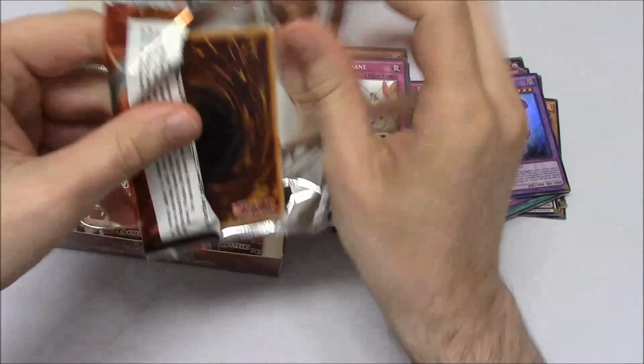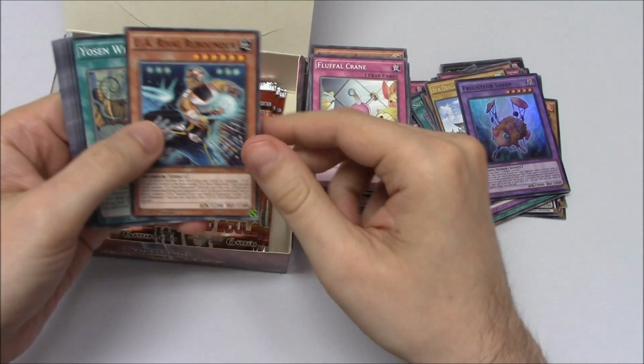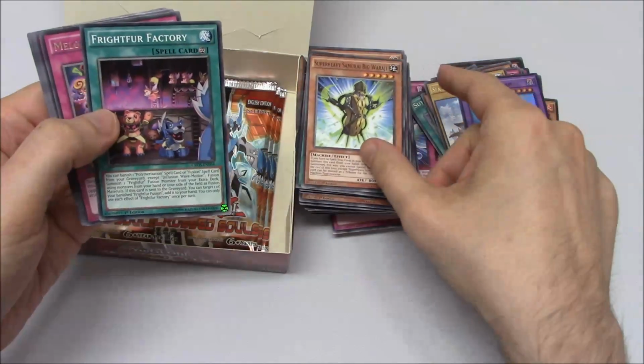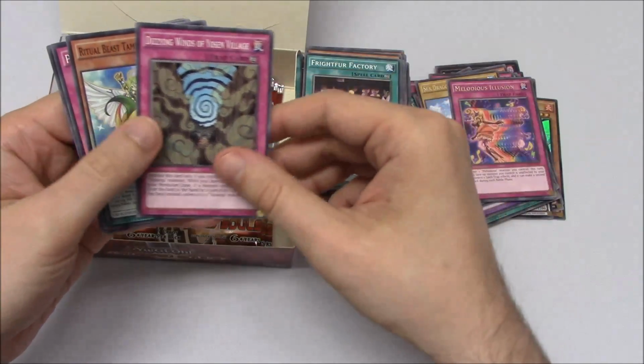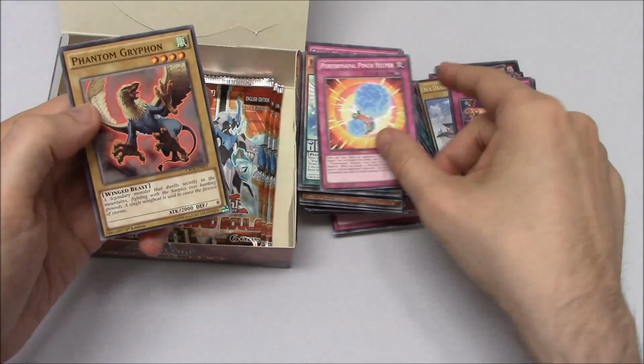Next up, we're getting through these. I'm going to kind of power through these fairly quickly at this point, unless we get to a really exciting rare. UA Rival Rebounder, Yosun Whirlwind, Super Heavy Samurai Bigaraji, a Frightfur Factory, and another Melodious Illusion there. We've spoken about that one. Dizzying Winds of the Yosun Village, a Ritual Beast Tamer Zemphra Pilica, Performer Pal Pinch Helper, and a Phantom Griffin